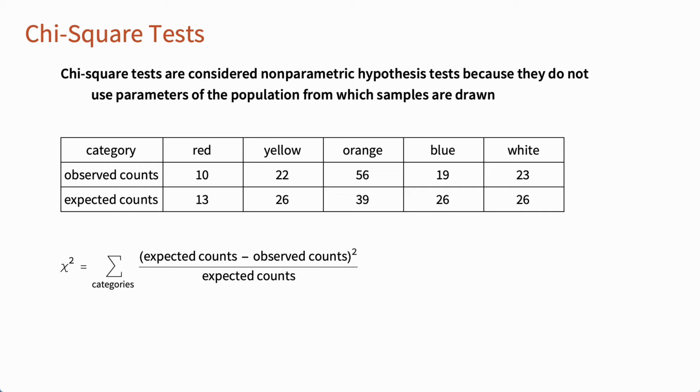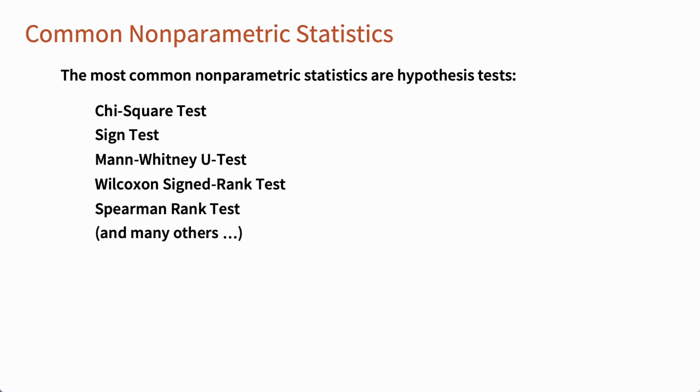Since this process does not involve constraints on the population of counted individuals, the chi-square test can be used in situations where a corresponding parametric test may not apply. The most common nonparametric statistics are hypothesis tests. This section includes brief examples of a very simple hypothesis test called a sign test and another test called the